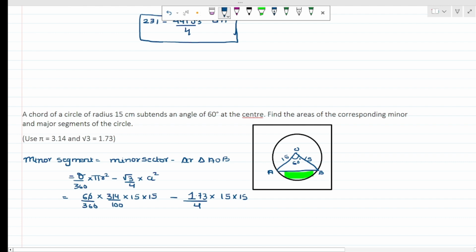So this 0 gets cancelled. 6 ones are 6. 6 6s are 36. 2 3s are 6. 2 1s are 2. 2 5s are 10. And 2 7s are 14. So you will get 157. 3 1s are 3. 3 5s are 15. So whenever you multiply 157 into 5 into 15 upon 100, you will get your answer as